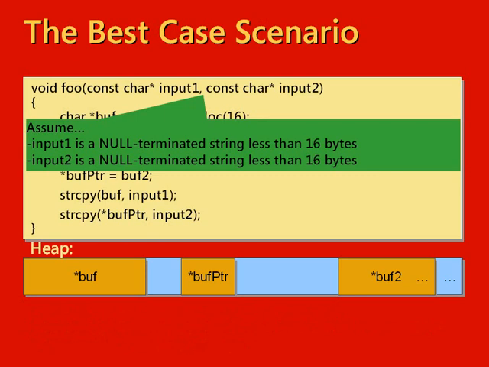Now let's take the best case scenario for the code in this function. We can assume in the best case scenario that input 1 is a null terminated string that's less than 16 bytes. We can also assume that input 2 is a null terminated string less than 16 bytes. Now of course those are assumptions that you should never ever make in production development or even in practice or test development. But for the sake of the best case scenario, to show how the heap works, we'll run through